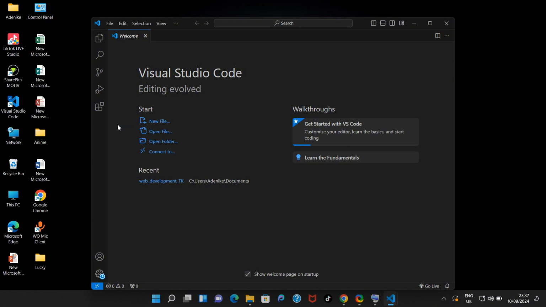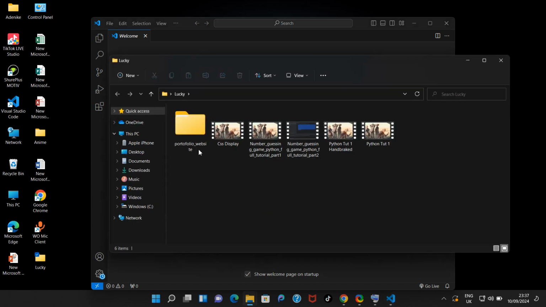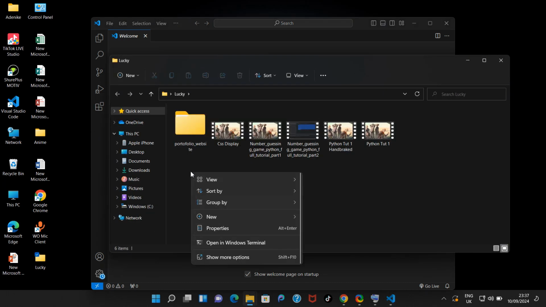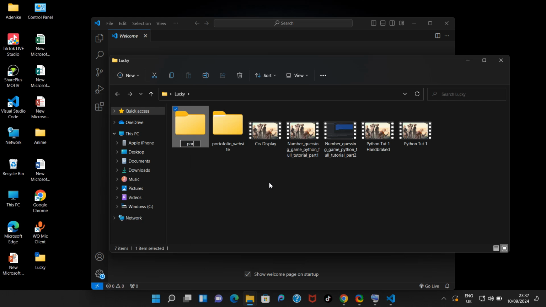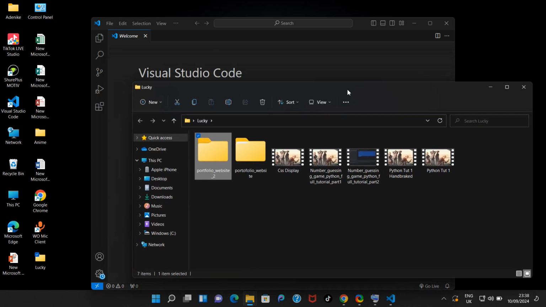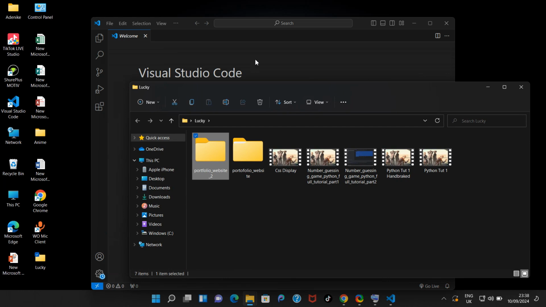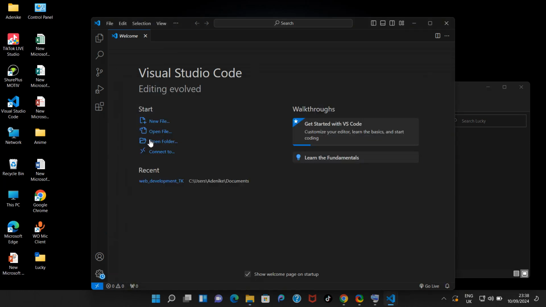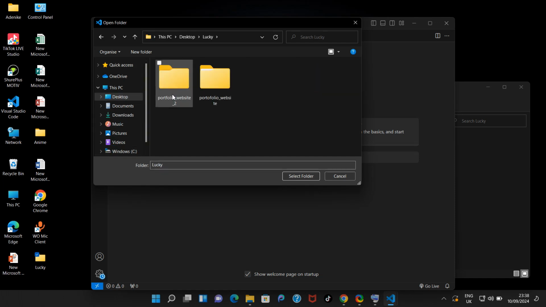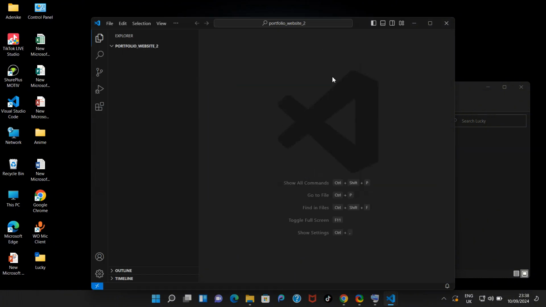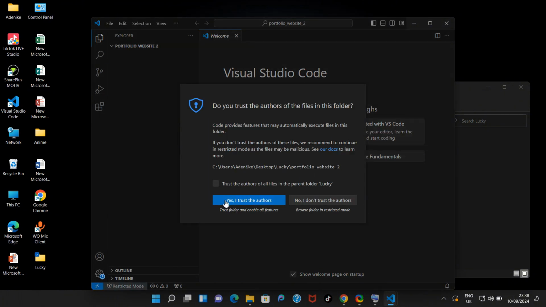Before we get started, I'm just going to create our folder. You can go to any part of your choice. I'm just going to create a new folder. I'm going to say portfolio website 2. You can name this any folder of your choice, but I'm just going to stick with portfolio website 2. And I'm going to just open folder, navigate to where I saved it, select folder, and boom. So I'm just going to trust authors,